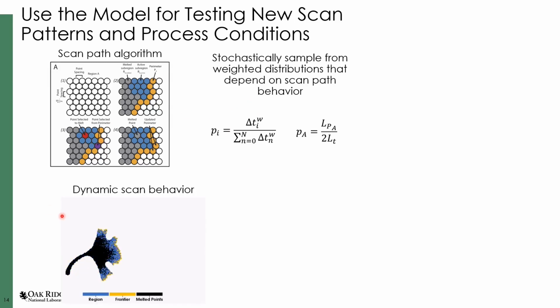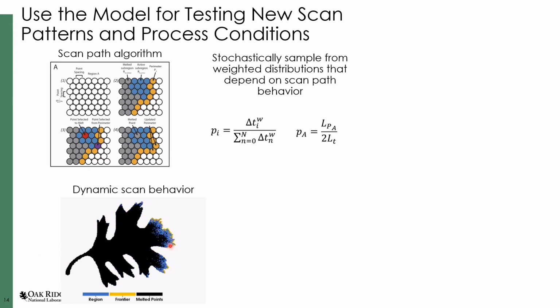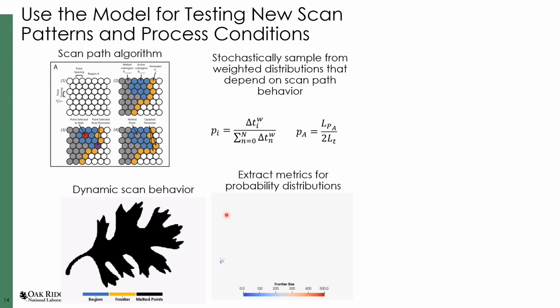What this ends up doing is giving us these very organic types of scan patterns, where we're selecting locations to melt within our geometry that conform dynamically to the local shape of the geometry that we're interested in melting. And so we're able to generate these types of scan paths. I can show you the types of probability distributions that were used to do that